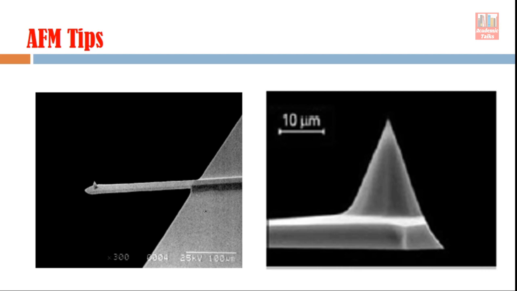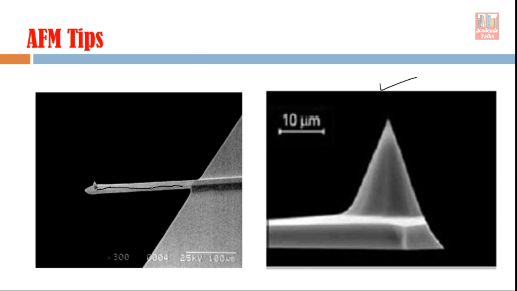You can see this image. This is an image of a probe tip, AFM tip, attached to a cantilever. This whole part is a cantilever. I am drawing this black line here. This whole thing is the cantilever. So this is a very flexible structure, and at the end of this cantilever, this is a very sharp tip. This second figure is a close-up of the probe tip. You can see here that it is more magnified as compared to the first image. So the tip is fixed at the end of the cantilever.